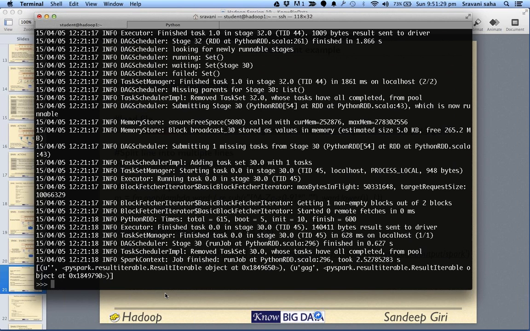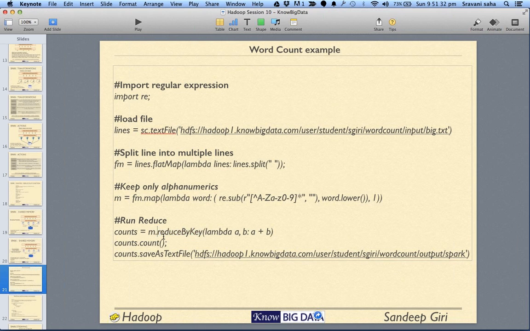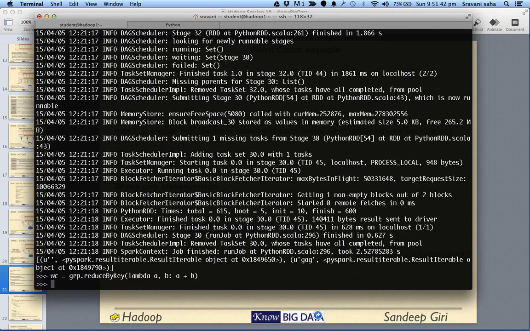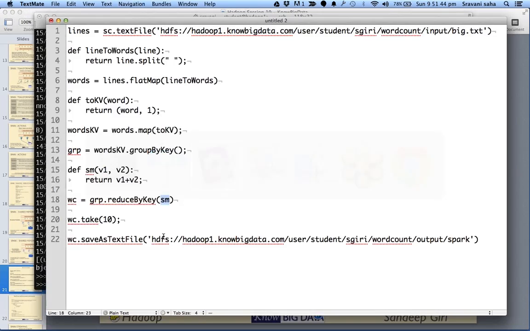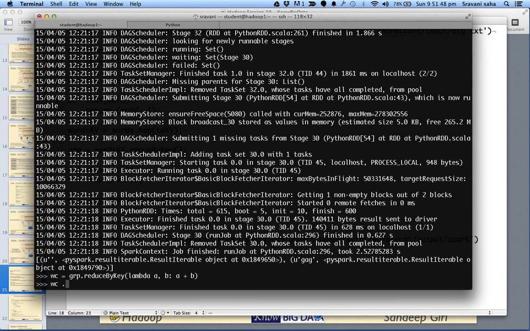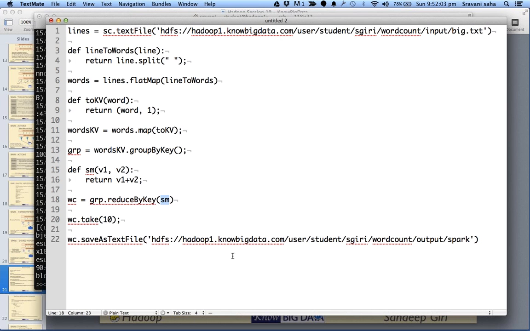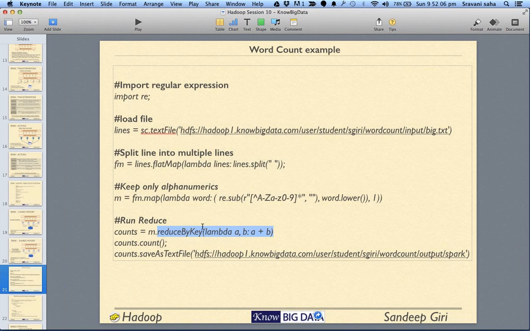Or we can just try to use this one. Yeah, our function is correct, and for some reason it has not given us anything. Yeah, this is completely correct.